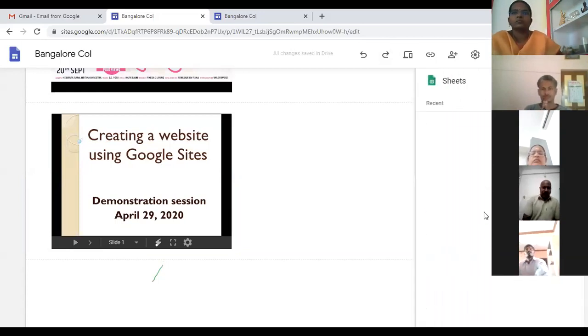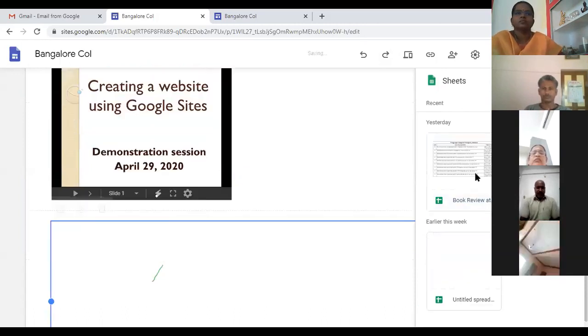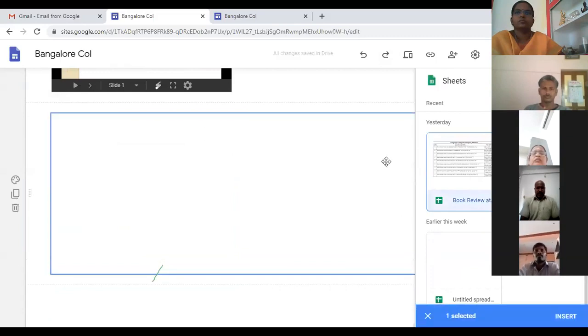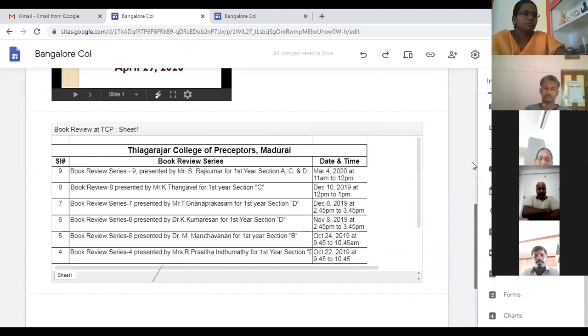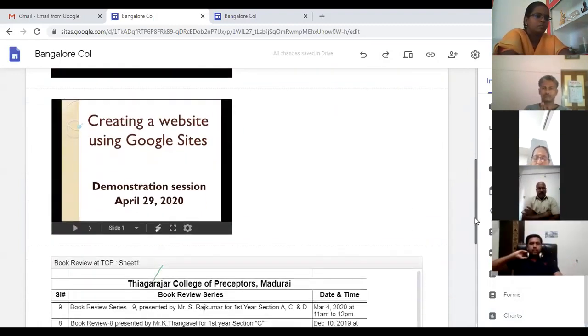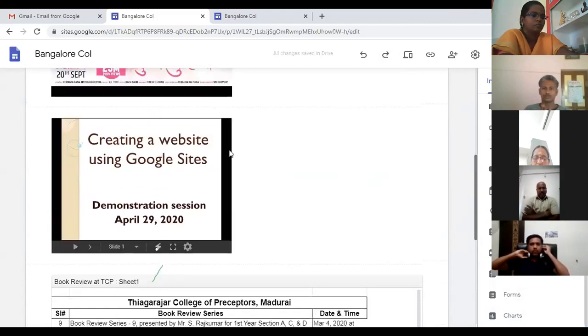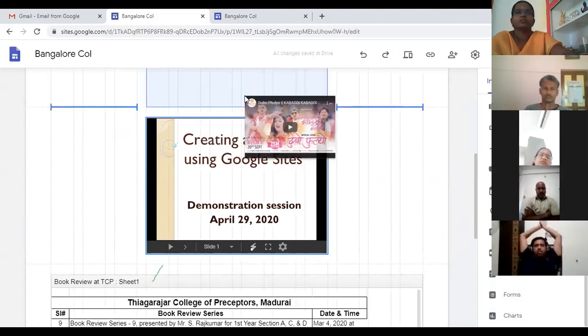If you want to add any other sheets, you can add. See, now I have added 3 options. One is video directly from YouTube. The other one is for the PPT. The other one is table. See, these you can just adjust anywhere that you want. Click, make it center. Click, make it center.